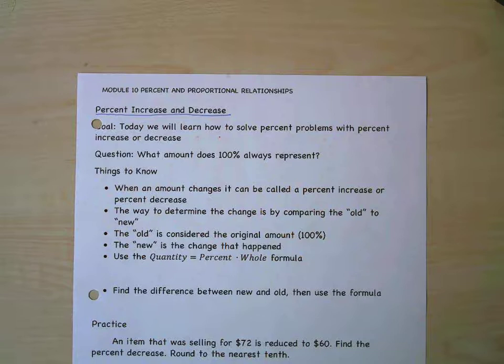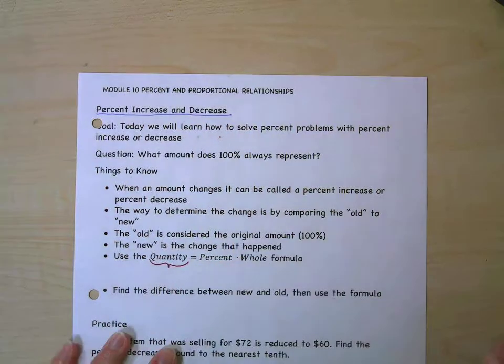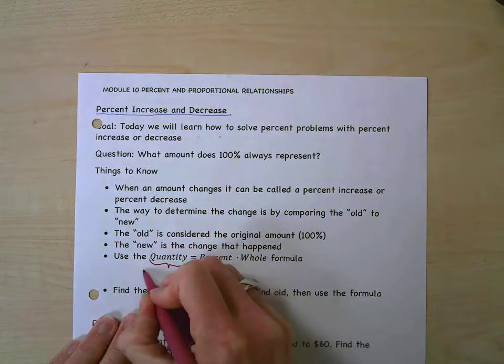The way to determine the change is by comparing the old amount to the new amount. The old amount is considered the original amount, or 100%. The new amount is the change that happened as a result of it being increased or decreased. One of the things that we like to do when trying to determine this is use the quantity equals percent times whole formula. Something that you need to know in order to use it correctly is that quantity, in this specific situation for percent increase or decrease, is the difference